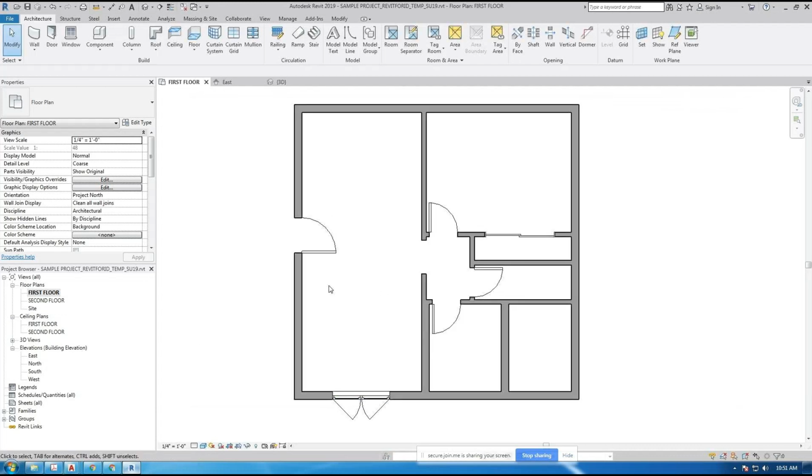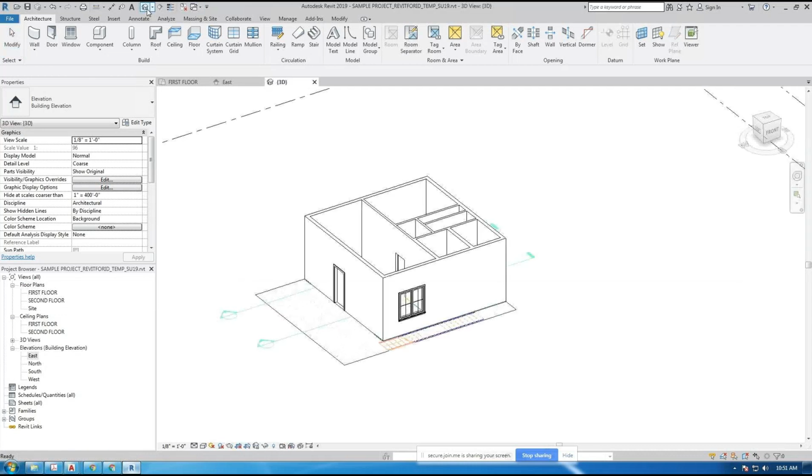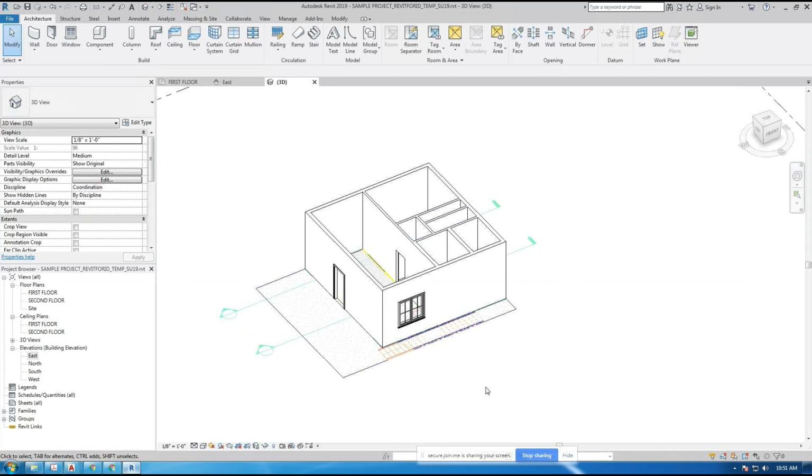But notice, this is the first floor plan. The 3D view, in fact, every drawing has the CAD drawing. If I go to 3D view, like an elevation view, for example, the CAD drawing is right there. It's laying flat on the ground. Every view is unique. So every one of these views has the CAD drawing inside of it, whether you like